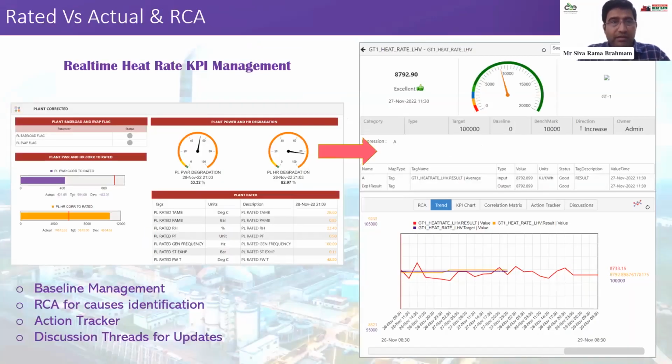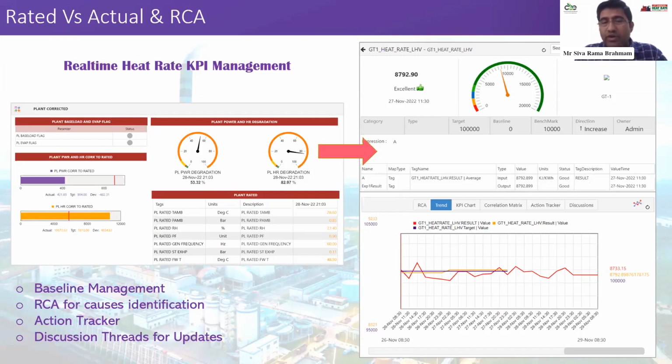So the heat rate and the degradation, like how much percentage is degraded, and the power degradation of the turbine and the heat rate degradation, can both be calculated online, and then that can be converted into a KPI using a KPI management tool. What this tool does is take a KPI baseline value and the current value, and the deviation is basically the gap. And then it creates a balanced scorecard kind of view where you can see the baseline and benchmark value, the actual target value and the current value, and then you can compare why this heat rate